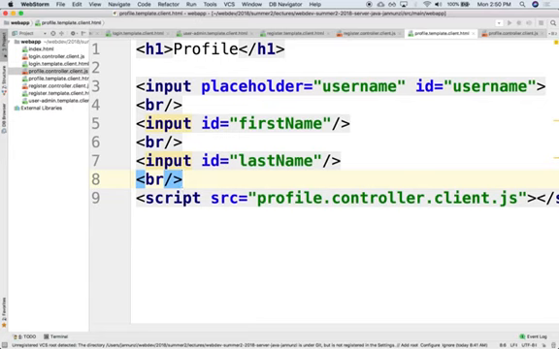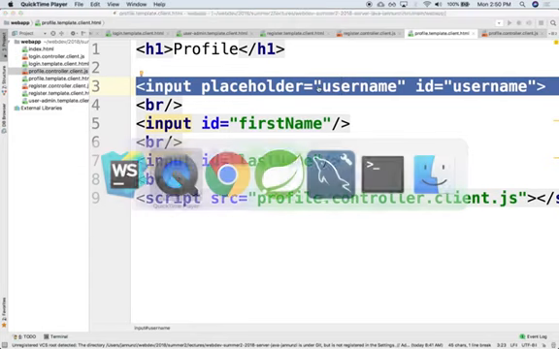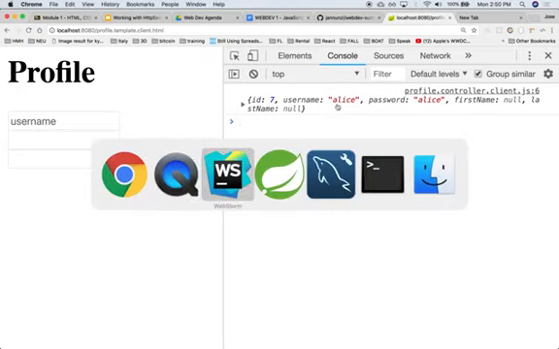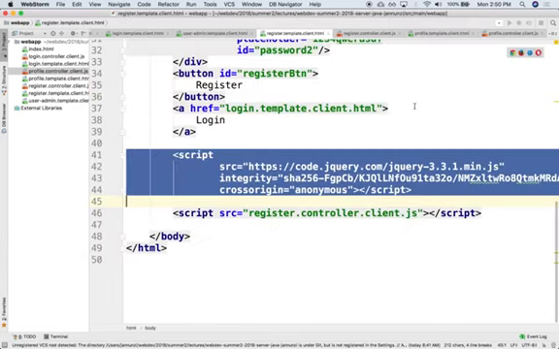So what we want to do is retrieve that information from the server and populate this form. Notice that we have the profile fields. At least I have that username. I don't know if I have the first name and last name, probably not, so at least I'll try to populate that username. We have the username right here, retrieving it from the server. To populate that, we'll need jQuery, so let's grab the jQuery